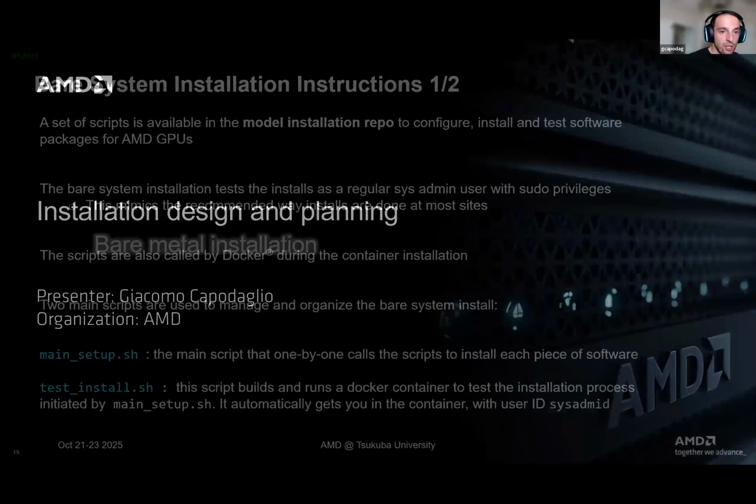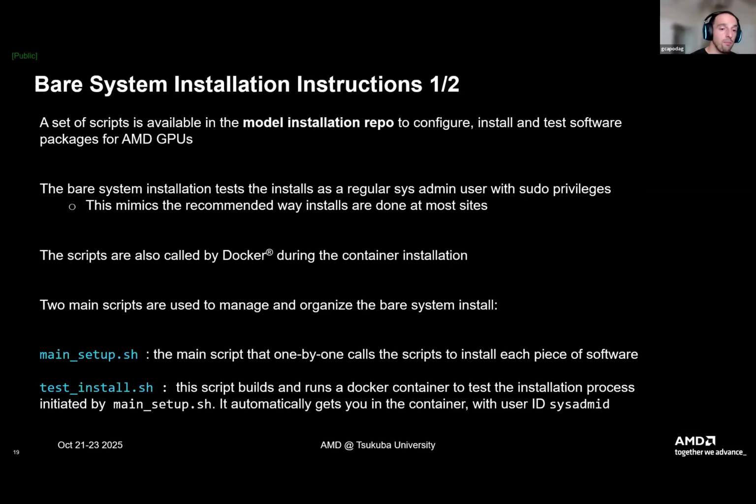The other approach that we have is the one with the bare installation. So we have two scripts that are relevant for this. One is called test install and one is called main setup. So test install is the script that tests main setup. Main setup is like the